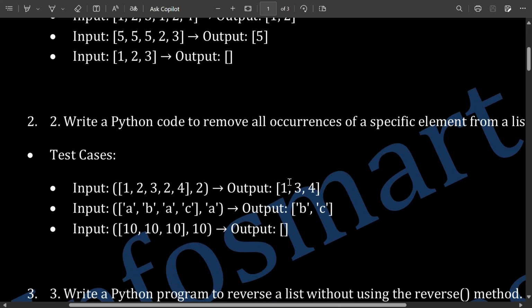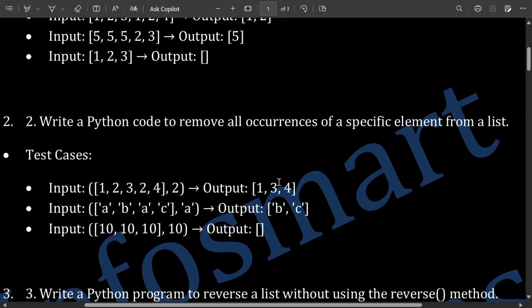The next question is to write a Python code to remove all occurrences of a specific element from a list. Okay, so first we have to input a list, and then we have to input another element that is in the list, and then we will remove all the occurrences of this element from the list. So the answer is 1, 3, 4 because 2 is removed from the list. Okay, so to do this,